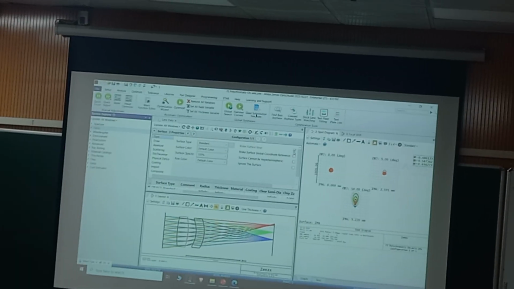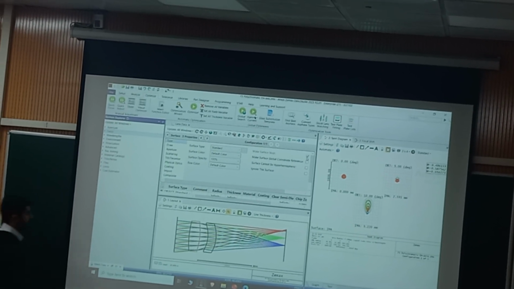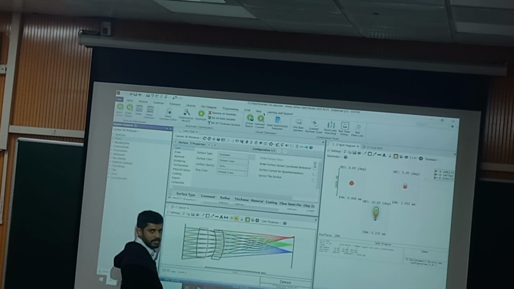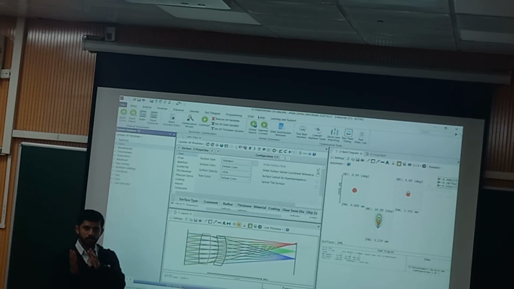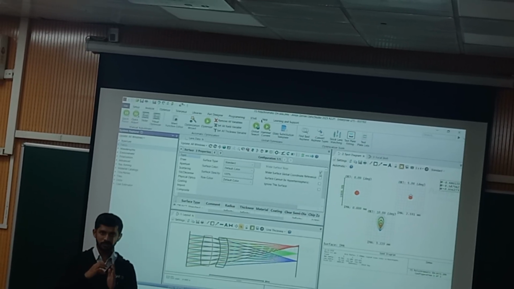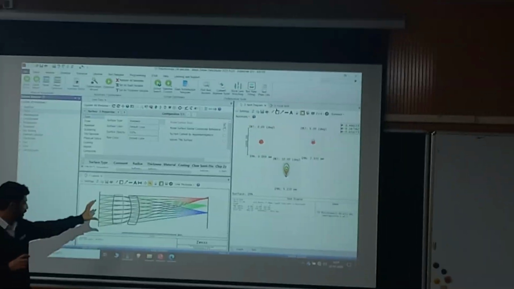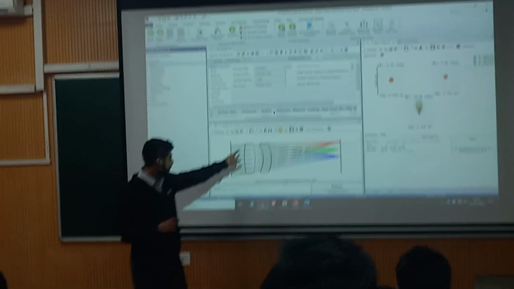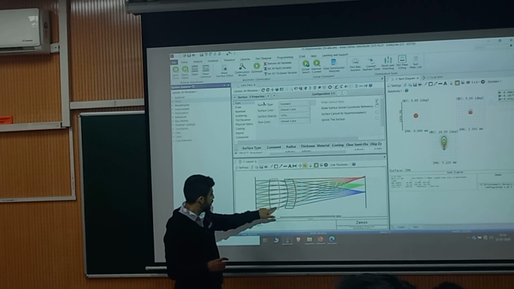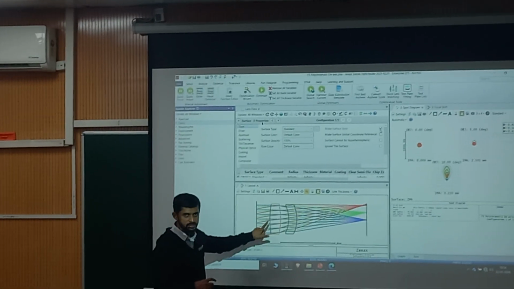And you observe when I shift the stop location from here to here, the lens diameter decreases, क्योंकि now my stop has come inside the optical system. So वहाँ पे limiting aperture है, तो ray height has been controlled. Okay, so अभी इसके diameter कम रहेंगे because all the marginal ray is here, all the chief ray is coming from here. You can see.